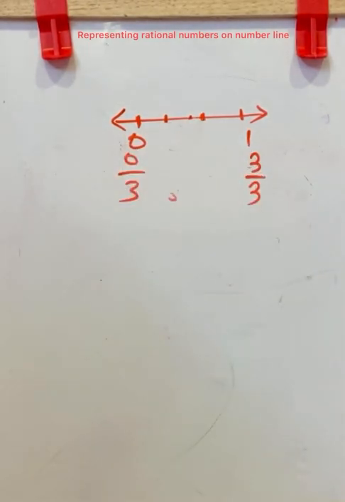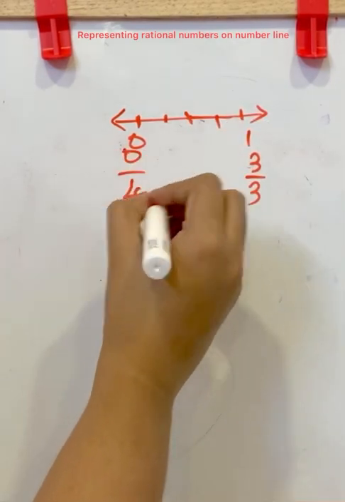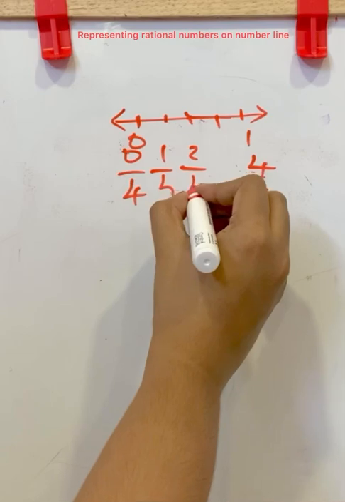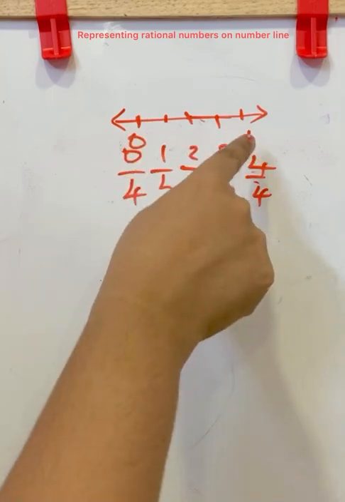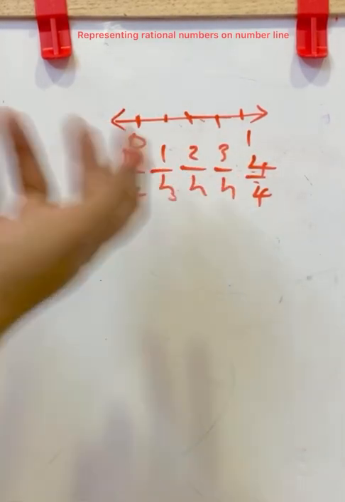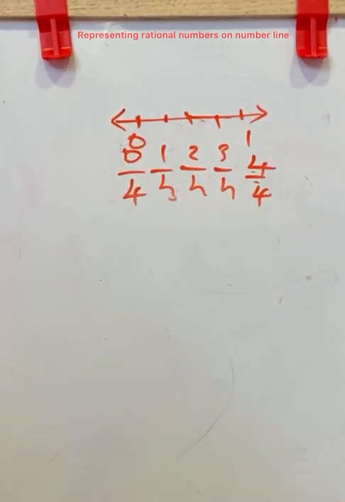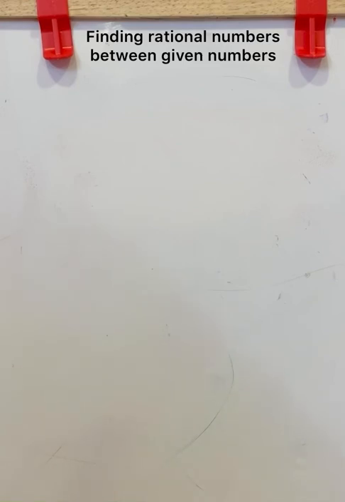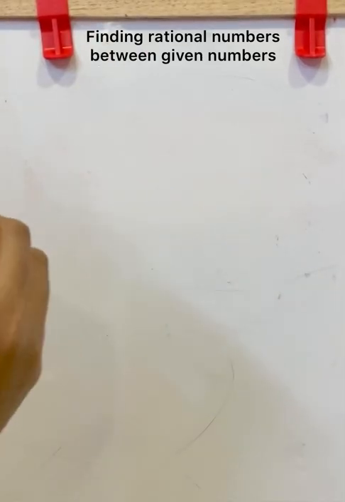If we are dividing into 4 equal parts, what happens? This will be 0 by 4, this will become 4 by 4 and this is 1 by 4, 2 by 4, 3 by 4. So we can see between 0 and 1, so many types of rational numbers we can find. That is, between 2 integers or 2 whole numbers, we can see an infinite number of rational numbers on a number line. Now we can check how we will find rational numbers between 2 integers